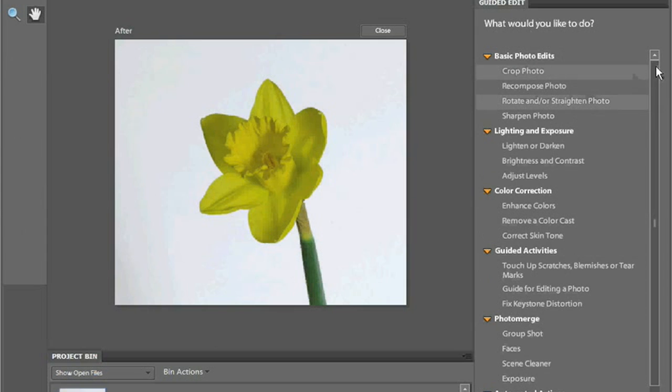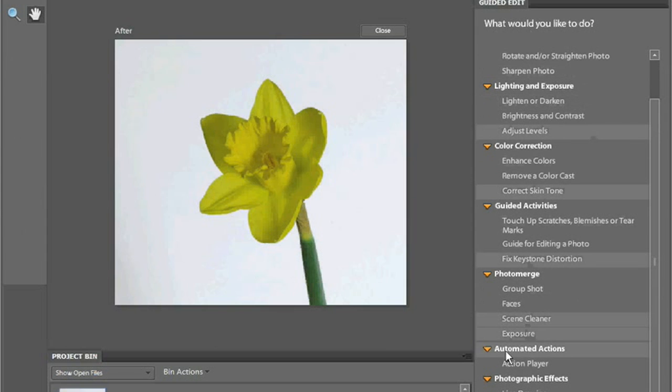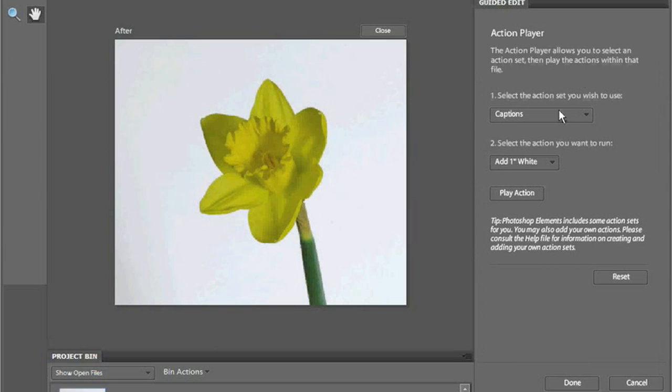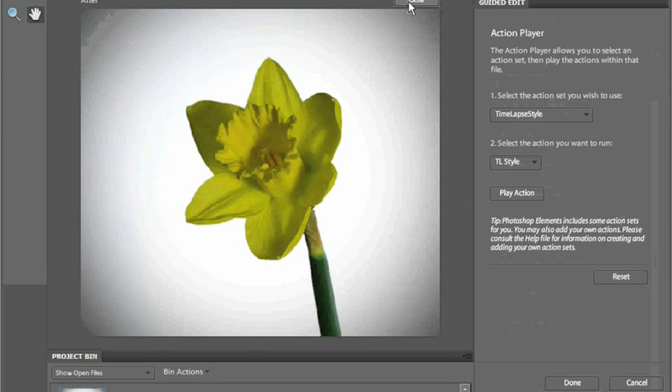And if you just scroll right down, you'll suddenly see this Automated Actions and Actions Player. If you click Action Player, that'll bring up the Action Player window. So under 1, select the action set you wish to use. Just select Time Lapse, and that's the action that we've just installed. Select the action you want to run, and it's TL style, and you'll just see that there. Now if I click Play Action, click Close,